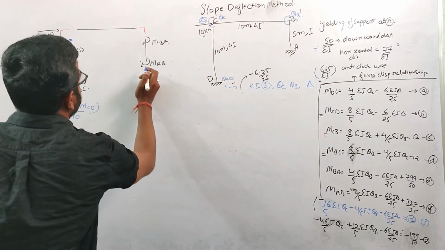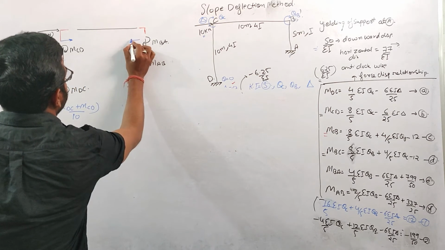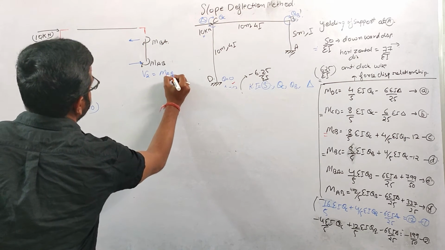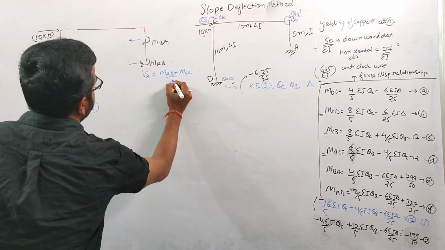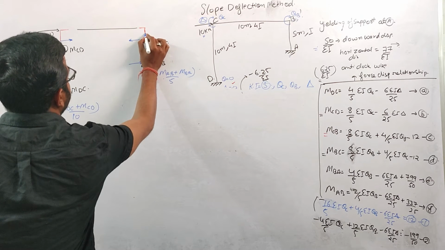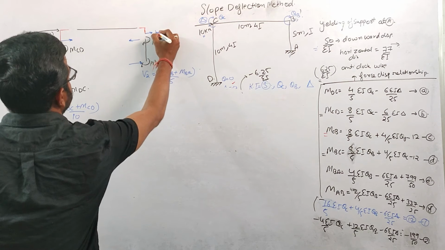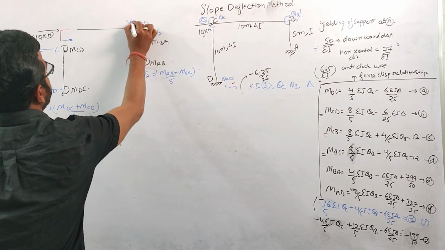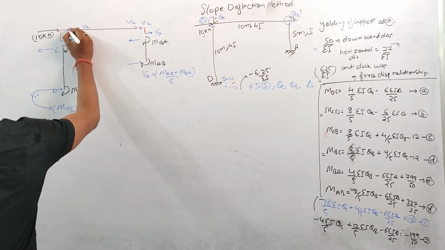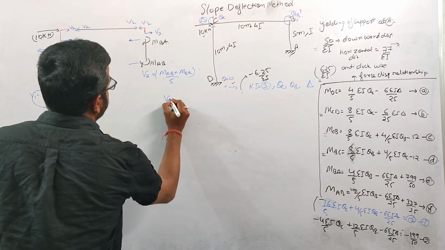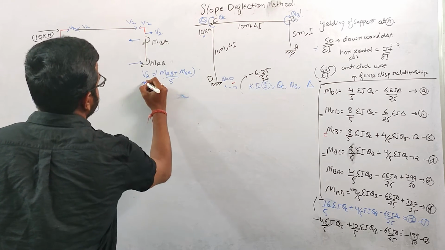Now let us come to this thing. Here also we'll have an anti-clockwise couple to balance this moment. Let us suppose this is V2. V2 will be equal to MAB plus MBA over 5, right? If this is acting in this direction, then on the joint it will be acting opposite to this direction. So to balance this, there will be some V2 over here, again some V2, and again some V2 over here. So the value of V2 will be MAB plus MBA over 5.